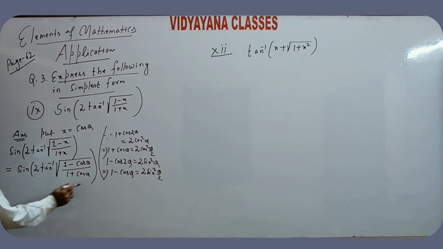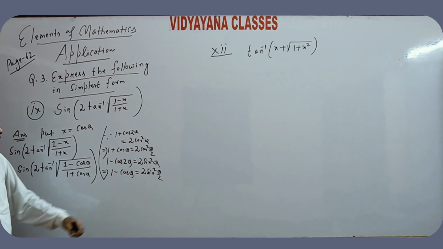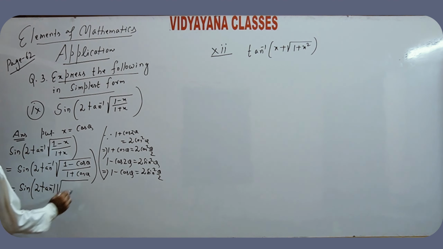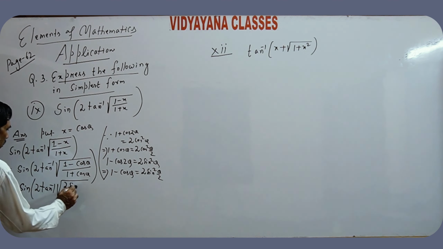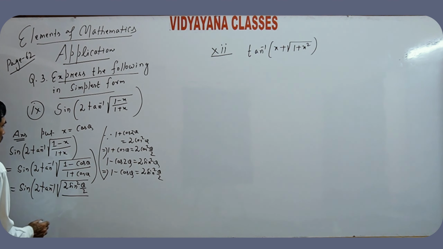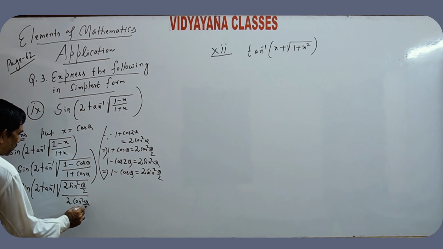So this can be written as 1 minus cos theta is equal to 2 sin square theta by 2, 1 plus cos theta is equal to 2 cos square theta by 2,